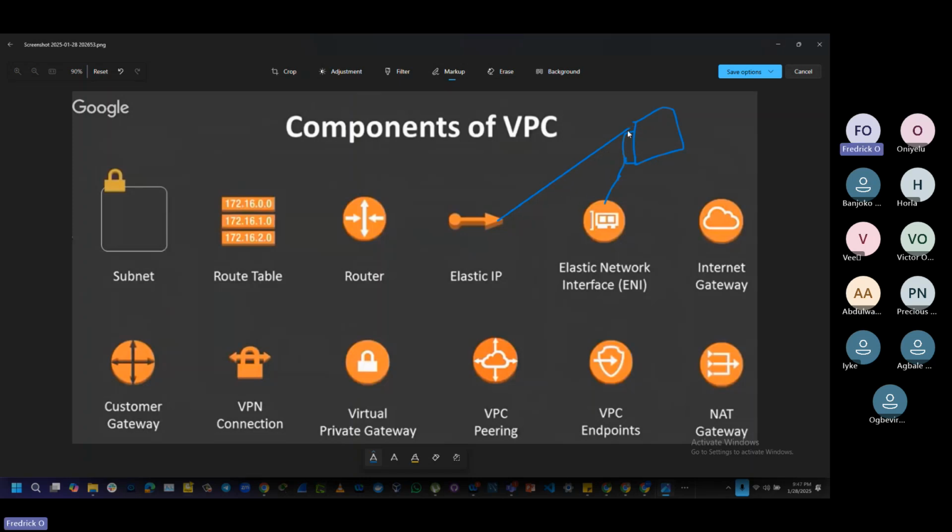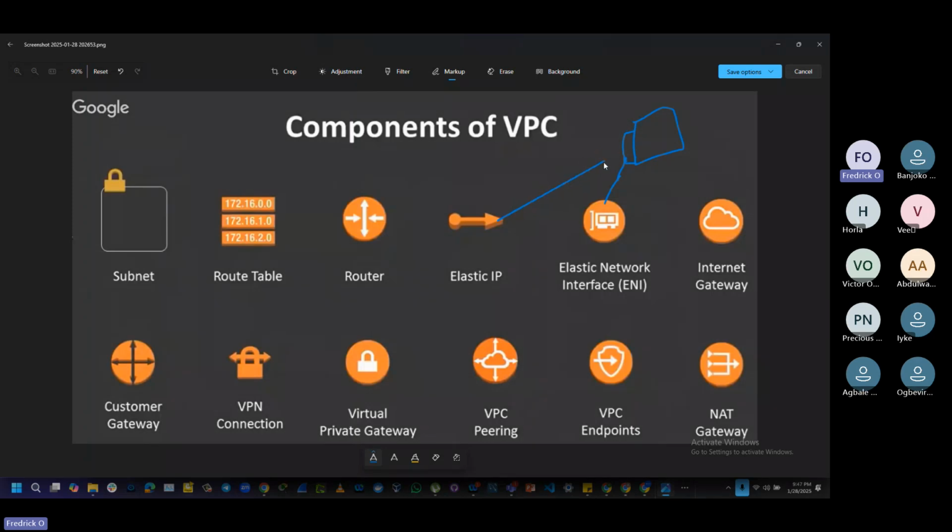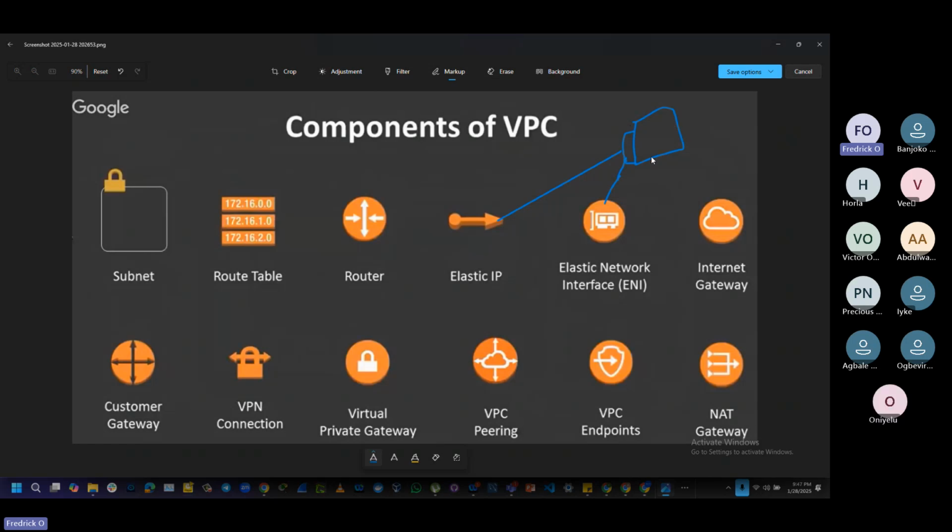It can be directly attached to the instance or attached to the ENI. So what we usually do is this: anytime an instance is giving you issues, to solve this problem, you can create another EC2 instance, you understand,